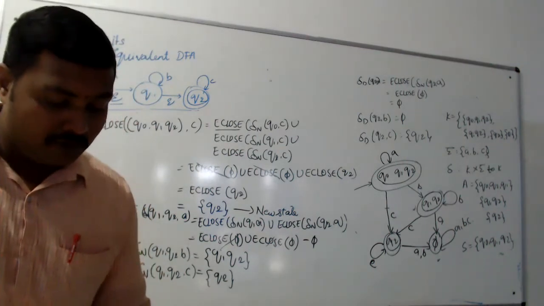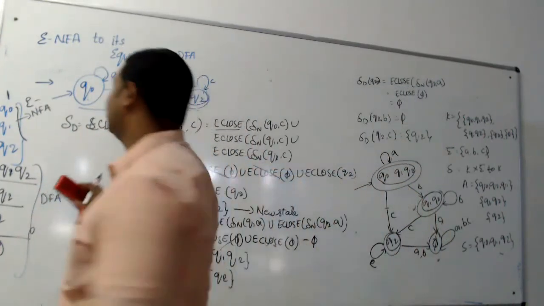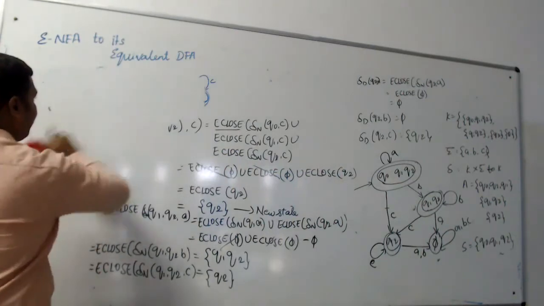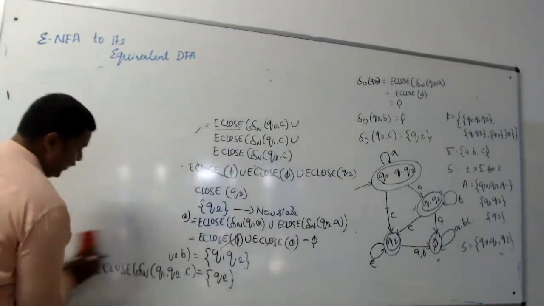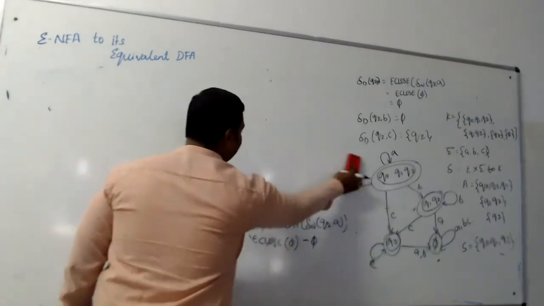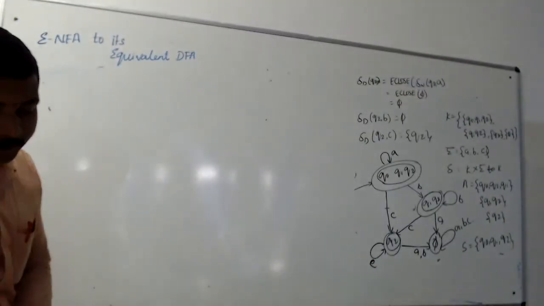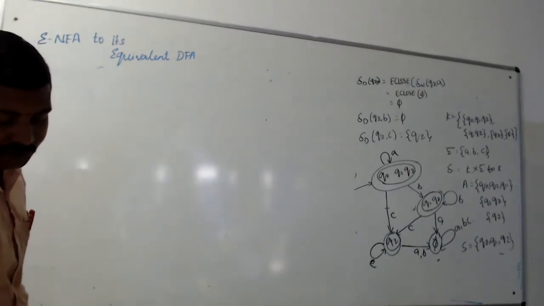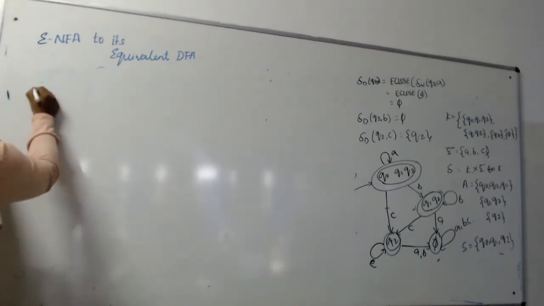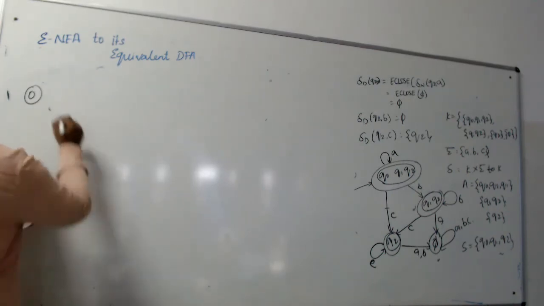This problem I will not solve. In a similar way, you try to solve. I will discuss the solution in the next part. So first, all of you copy this diagram or NFA, then try to convert this NFA to its equivalent DFA. This problem is quite larger. Just go through it. Here the input symbols of the states I am taking as 0, 1, and 2, rather than Q0, Q1.